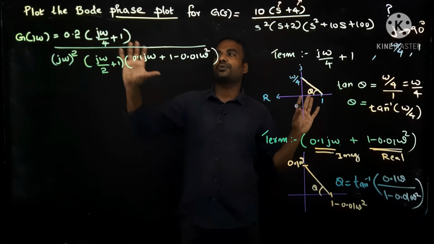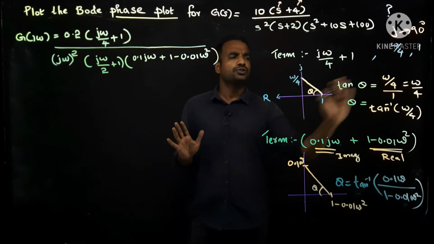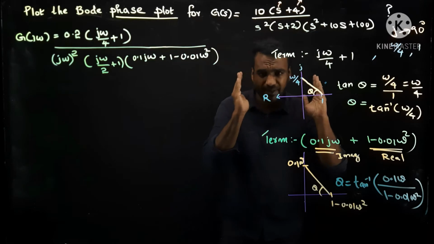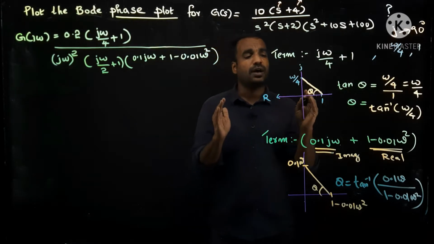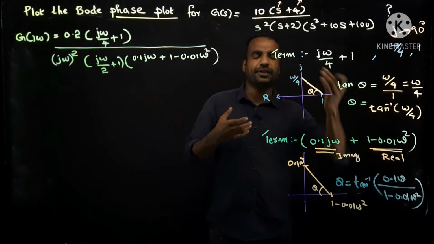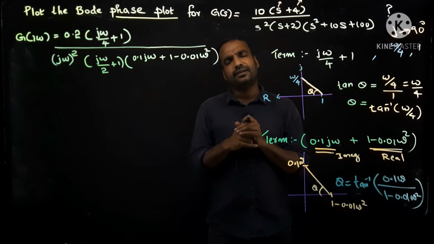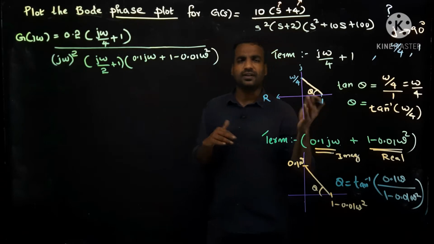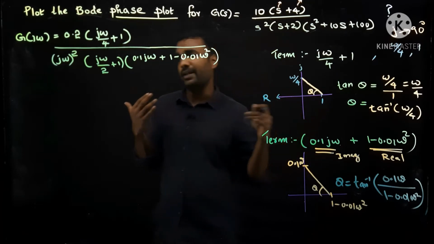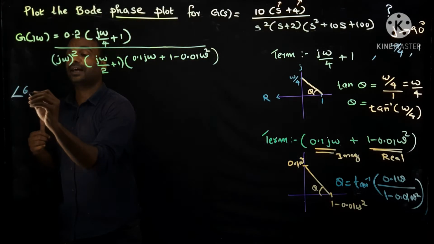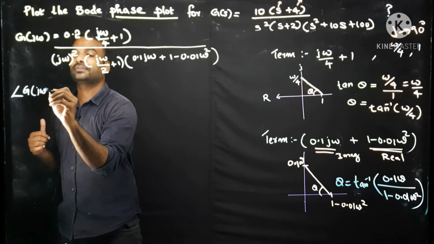So now you know how to convert every term to an angle. This is not required to be written in the exam paper. I am writing this to help you understand the concept of how to convert each term to an angle. For that you have to learn the basics of trigonometry. What is tan theta, how we can convert, how we can mark real terms and imaginary terms, such things. Now let me write the angle equation in one step.